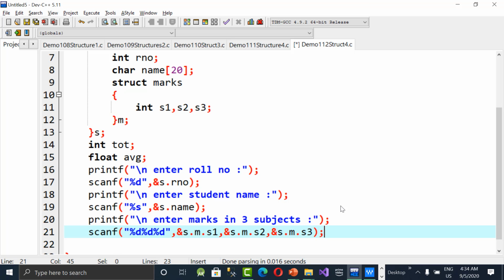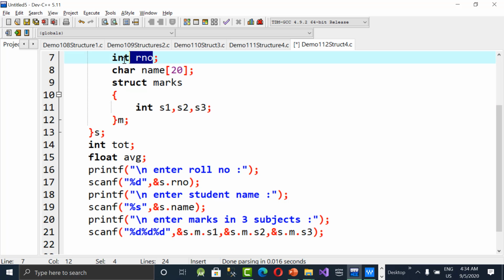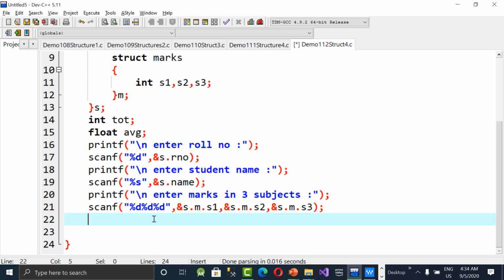This is the only difference that we need to observe: s dot m dot s1, s dot m dot s2 and s dot m dot s3 for the marks, and s dot rno and s dot name for the roll number and name. This is the point we need to remember.